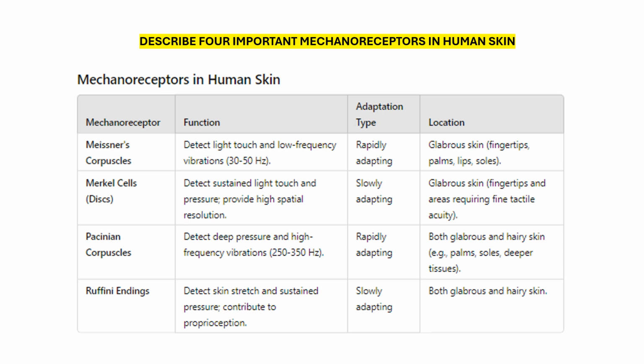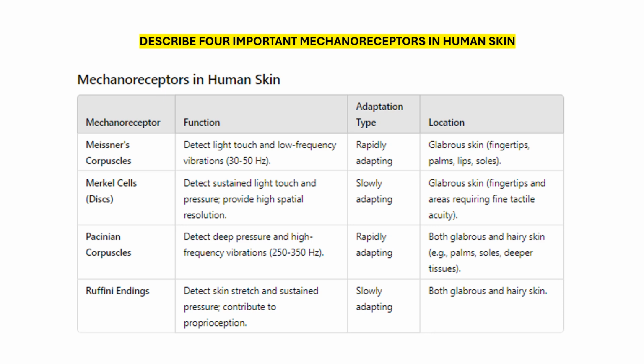Now, next is your Merkel cells. So, Merkel cells or Merkel discs, these receptors sit in your epidermis, close to the surface of the skin. They are responsible for detecting sustained light touch and pressure, giving you the ability to feel shapes and texture with incredible precision. For instance, when you run your finger over a smooth pebble or read braille, Merkel cells play a key role. So, unlike Meissner's capsules, Merkel cells are slowly adapting, meaning they continue to respond as long as